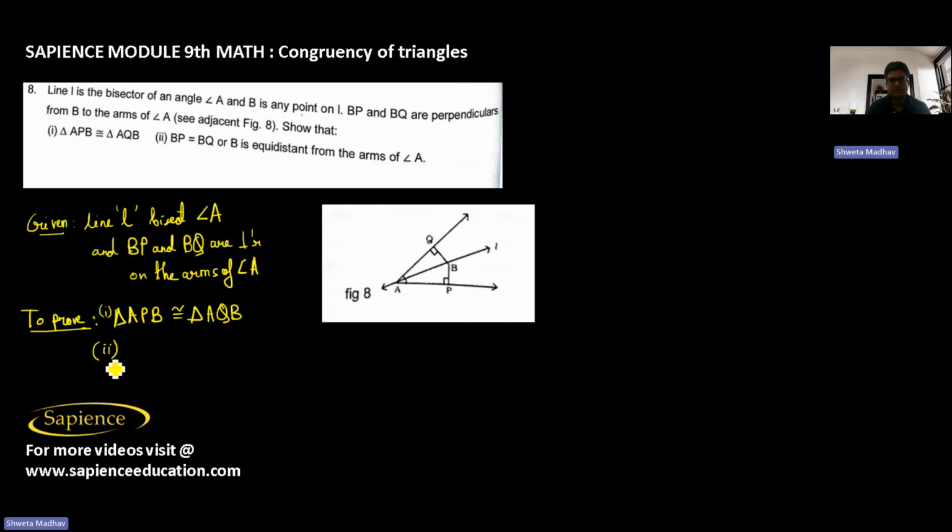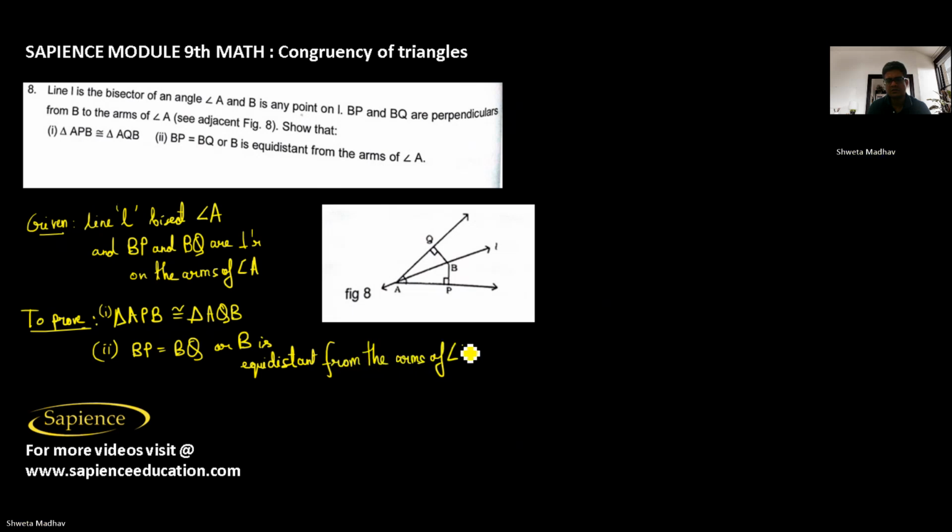And the second part is we have to prove that BP is equal to BQ, or B is equidistant from the arms of angle A. Okay, so then the proof is